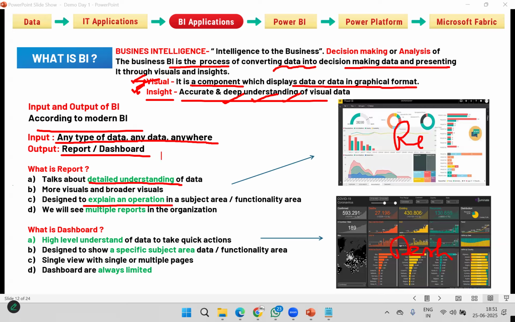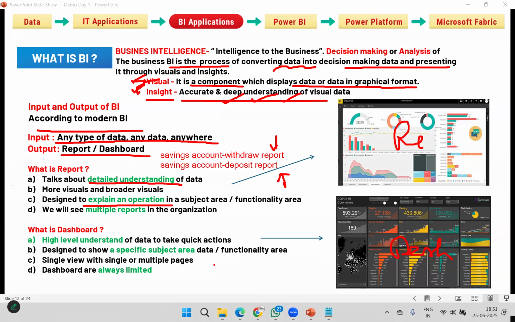Example, take a banking savings account: a savings account withdraw report, a savings account deposit report. Detailed information of withdrawals is available here, detailed information of deposits is available here.